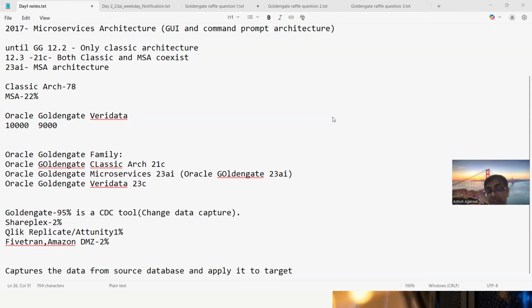Another reason, the financial reason for an organization, is that organizations buy an end user license agreement, like you must have heard, sign EULA. GoldenGate is a separately licensed product and it charges a lot. However, if you sign EULA, you are free to use GoldenGate on any number of servers. So many organizations sign the end user license agreement, and hence they are free to use GoldenGate on any number of servers. That's why GoldenGate is getting very popular.